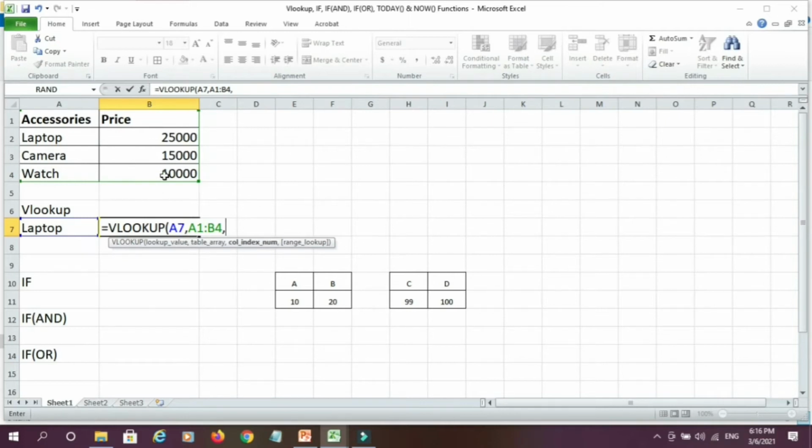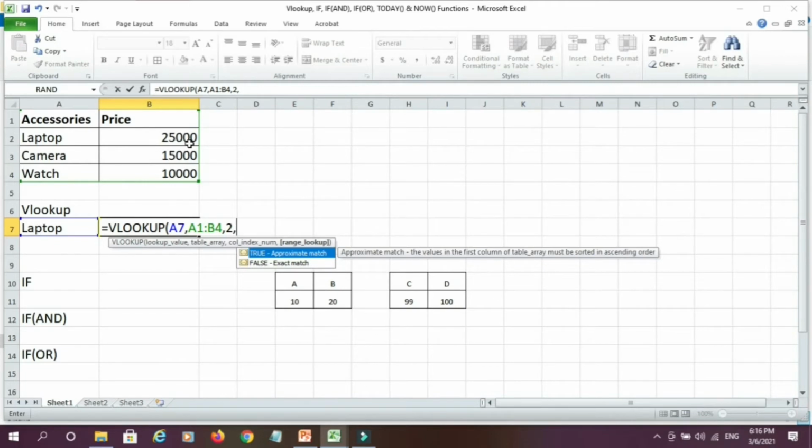Then column index number. That means what is the column number of that particular thing which you want to find out. Here it is the second column because we want to find out the price. So I'll write 2. That means column number 2. Then here range lookup.